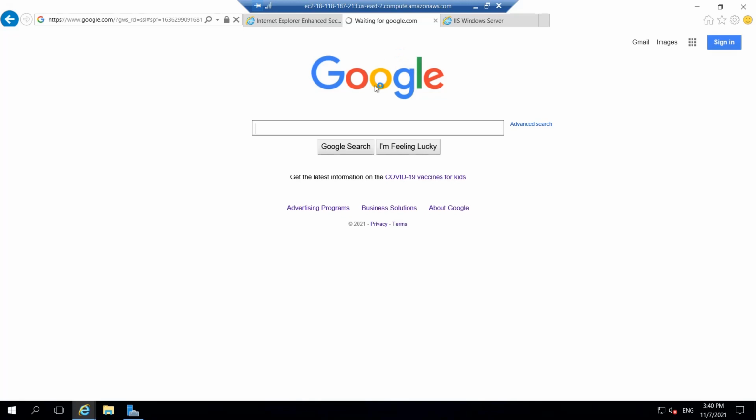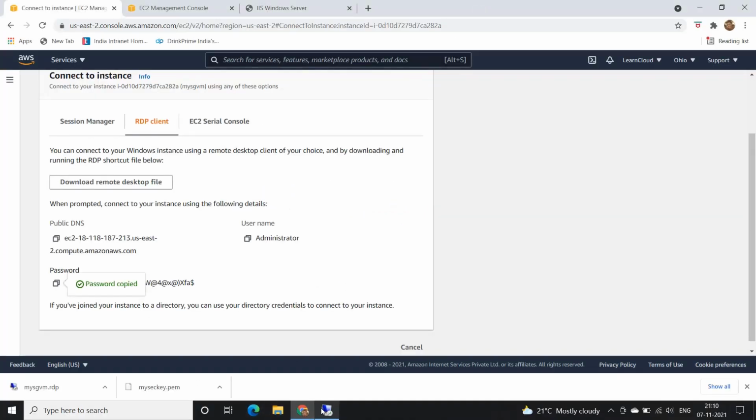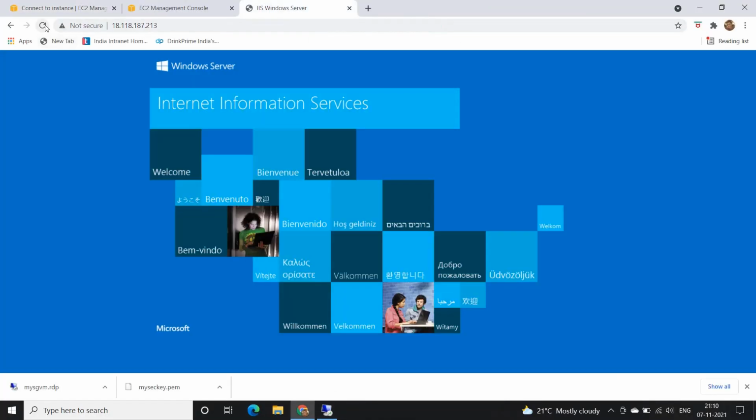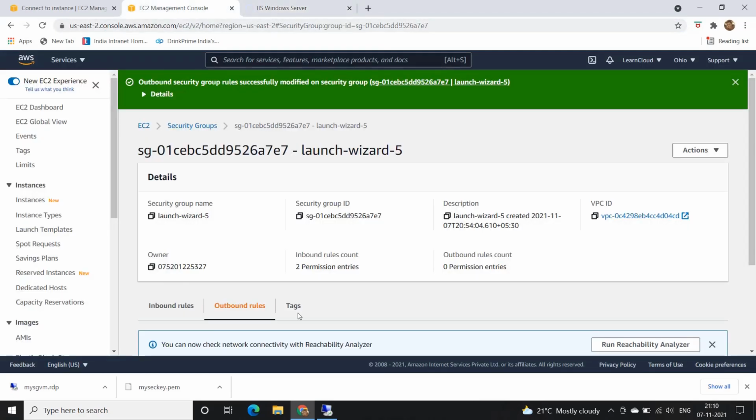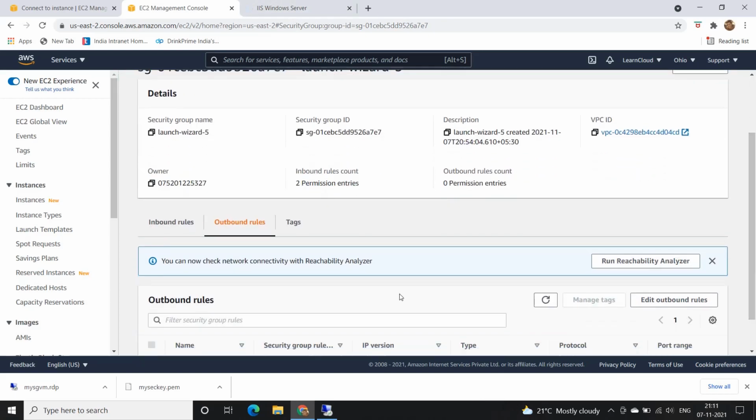So that is what I wanted to show you guys. See, the page can't be displayed, correct? But still this particular IIS web server is accessible. Because security groups are stateful, right?